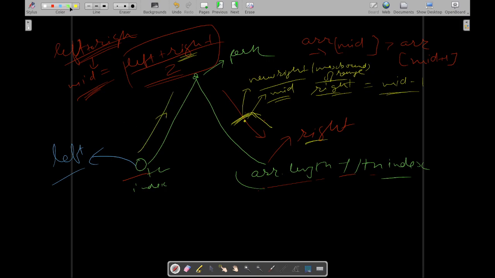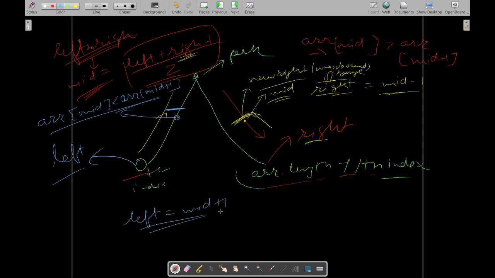If mid happens to be here, and the conditions hold like this: if mid is lesser than array of mid plus 1, then we will simply go in upward direction. Let's say this was mid, then we will move our lower bound to mid plus 1. Our lower bound left will be moved to mid plus 1. So that's pretty much it, and we'll continue this as long as left is less than or equal to right,